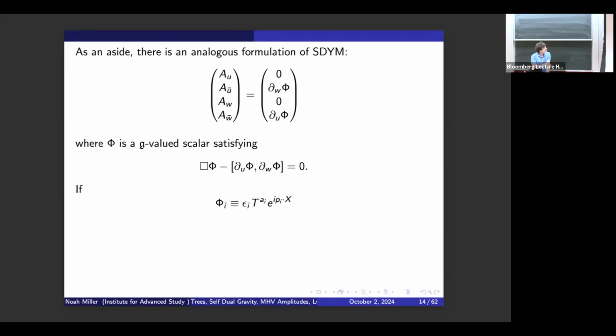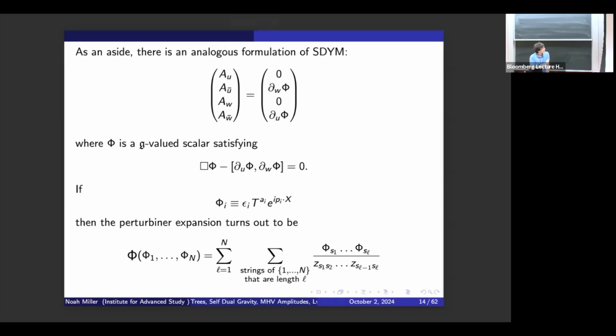And if we define these positive helicity gluons, with plane waves each with their own color and momentum, then it turns out that for the perturbiner expansion you could use Feynman diagrams, or you could use the following formula, where you sum L from 1 to n, take strings of length L whose letters are 1 through n, and sum over all the color orderings, with 1 over the string of adjacent